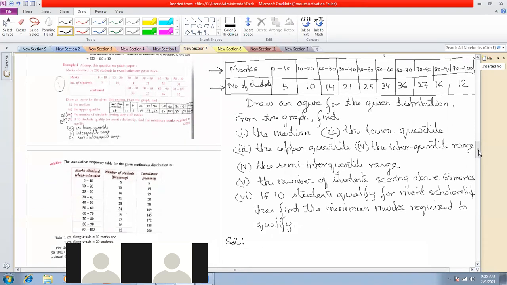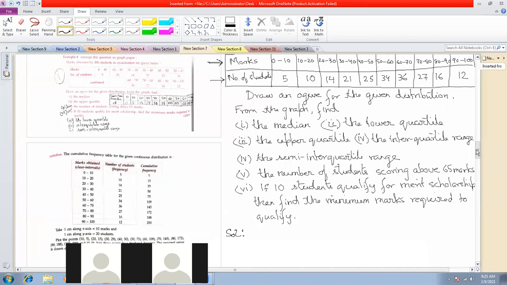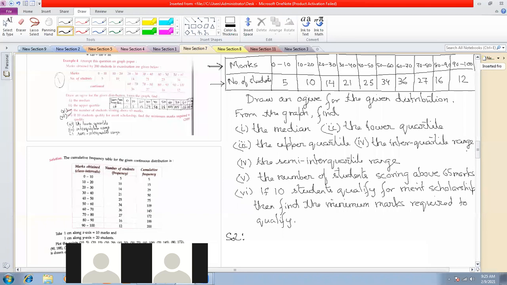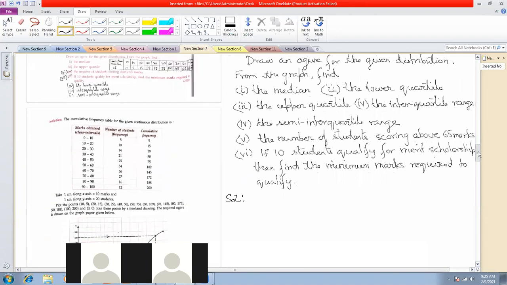So in case of median, always remember whenever class limits are given, always convert them first to class boundaries and then work. In mean, it does not matter. You can work with class limits in mean. But in median, you cannot work with class limits. You must convert them first to class boundaries.